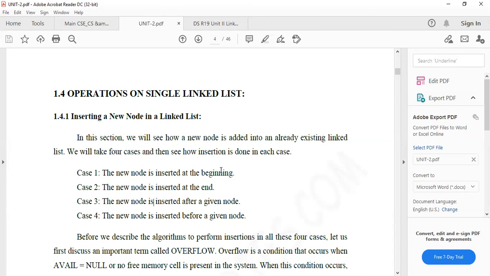For example, if you want to develop a major project, like a university database. A university database consists of how many colleges? Nearly hundreds of colleges. Each and every college has different branches, different branches have 4 years, and 4 years have different subjects.